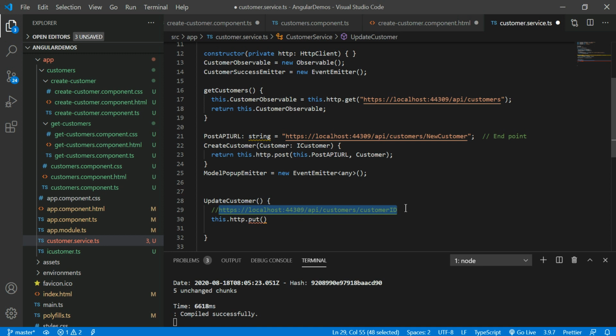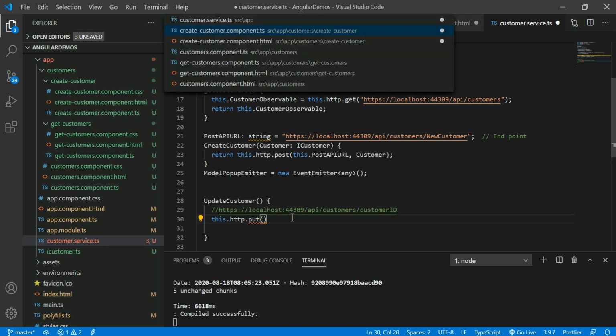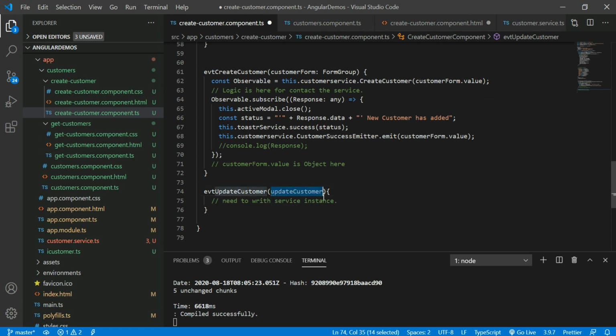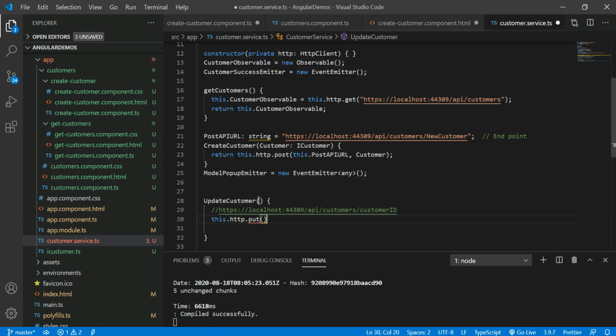record. Along with that I need to prepare the body also. For the customer ID, I need to take the customer ID from this parameter, and this parameter is going to give me the customer ID. It is better if you prepare the type here.